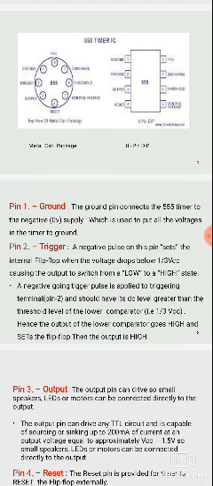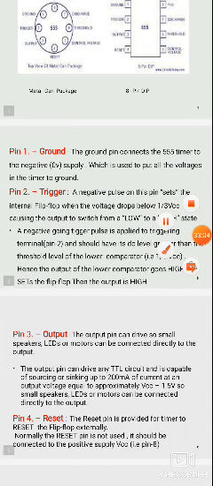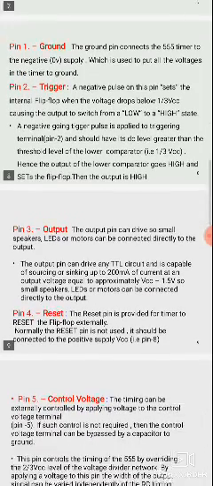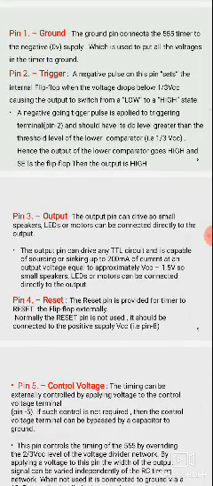The 4 pins will be on one side and another 4 pins on the other side, and the 8 pins are used for various applications. One pin is for ground, grounding the input voltage. The second one is the triggering input voltage, which is used to switch the output from low state to high state. The triggering input voltage is the voltage dropping below 1/3 VCC. Whenever the input voltage is below 1/3 VCC, the output will change state from low to high.